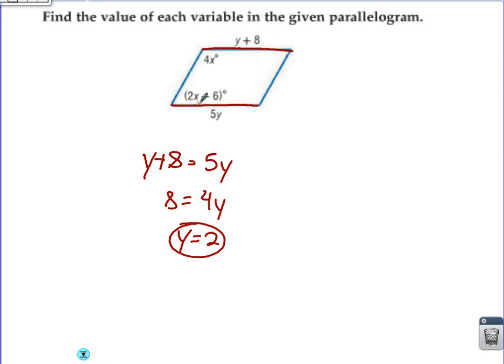The two angles. These are not opposite angles, these are consecutive angles. Or you can think of it like this: these two red lines are parallel. These are same side interior angles. So Matt, finish this equation for me. 4x plus 2x minus 6 equals